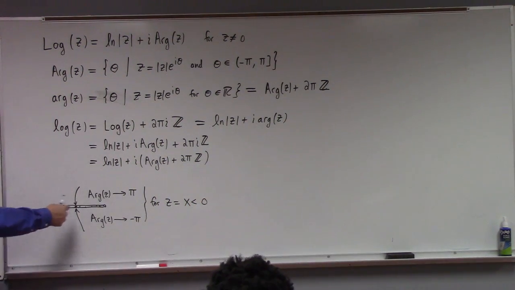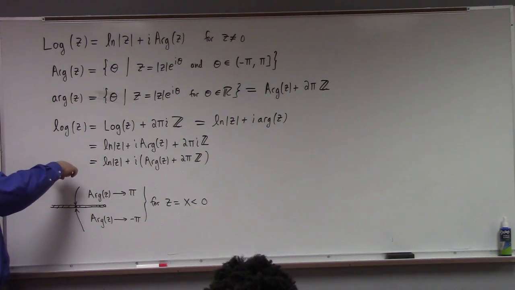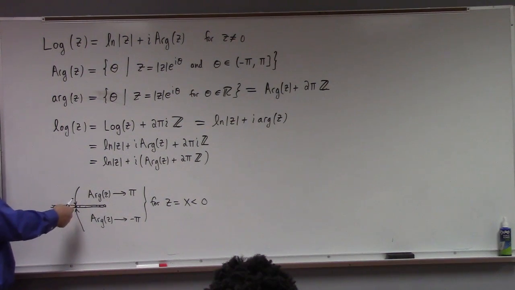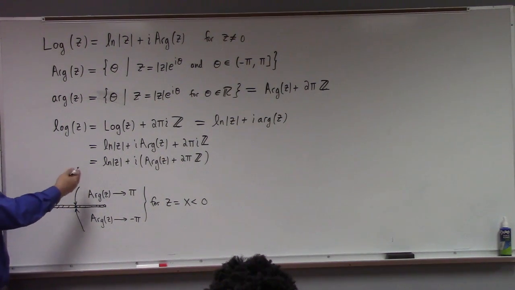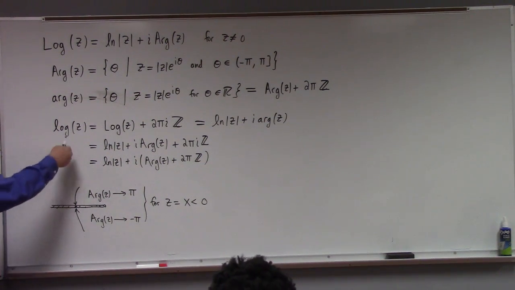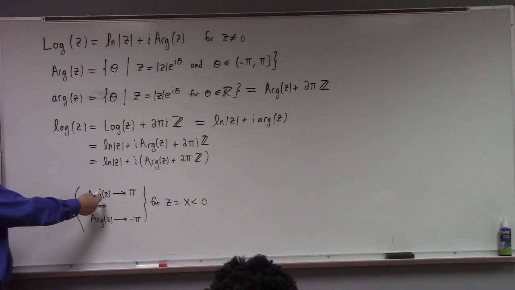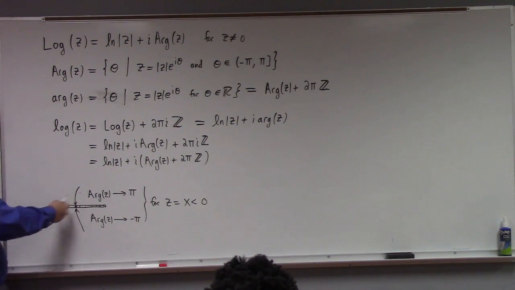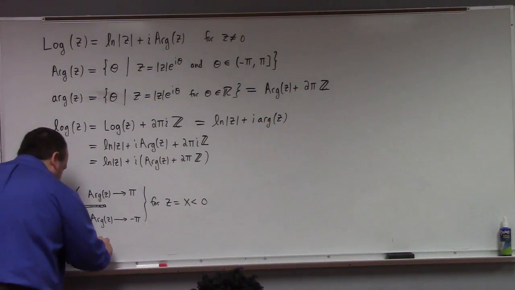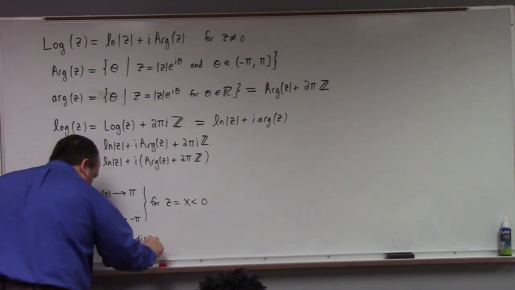So as you approach any point on the negative real axis, from the top we're at angle pi, right? And it's equal to pi, everything until you actually get to the ray. So the limit will be equal to pi, because when we take a limit, we consider points close to, but not at the limiting point, right? So it's pi from above, it's minus pi from below. That means that the limit of the argument function does not exist on the negative real axis. So in short, argument, arg, is discontinuous,